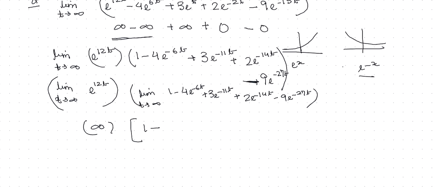So 0 plus 0 plus 0 minus 0. So they will not cause a problem, and now infinity into 1 will give us infinity. So when we are dealing with problems like t tends to infinity, we take the largest positive component